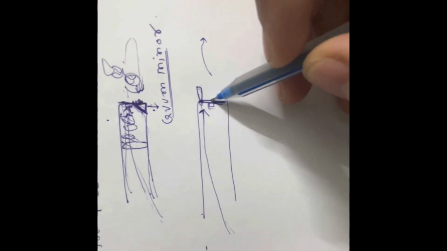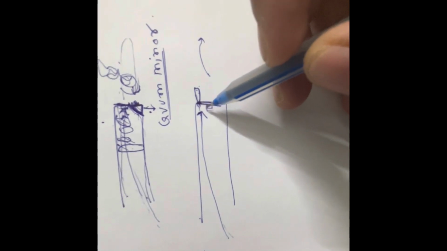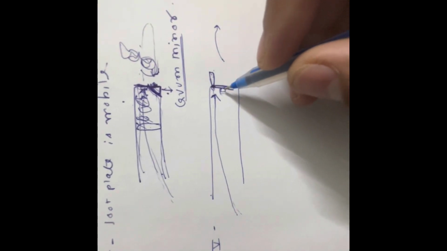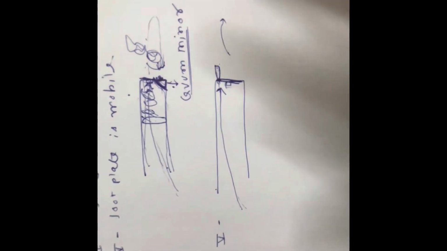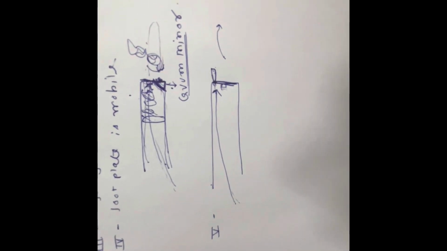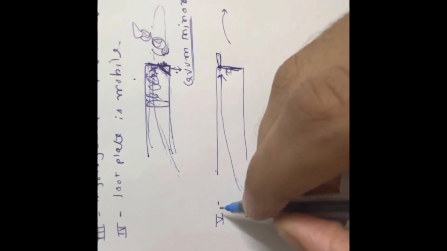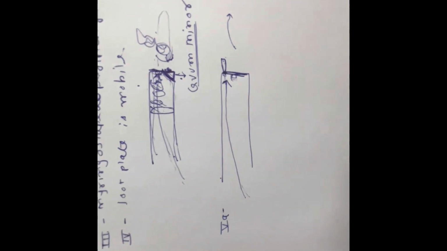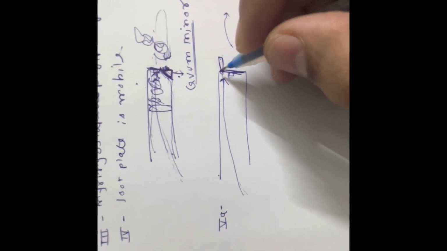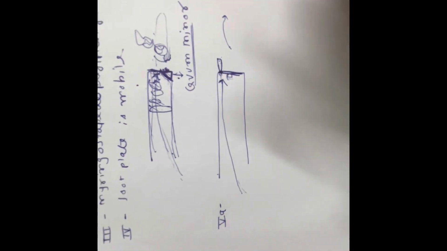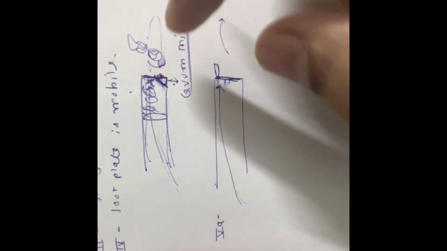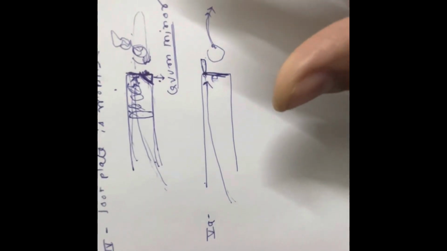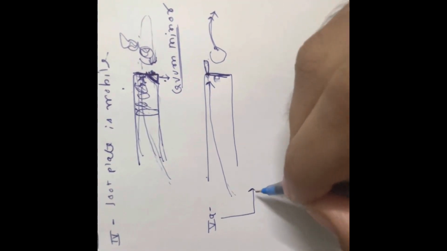But remember, here cavum minor is not created, as we are not shielding the round window in this type of tympanoplasty, that is in type 5A tympanoplasty. We are not putting a graft in front of the round window, and we are not creating a cavum minor. So remember that in 5A, cavum minor is not created, and we create another oval window which is at the site of the lateral semicircular canal, so that sound vibrations can be transferred into the cochlea which is present here, and so that sound can be produced. This type is also called as fenestration operation,